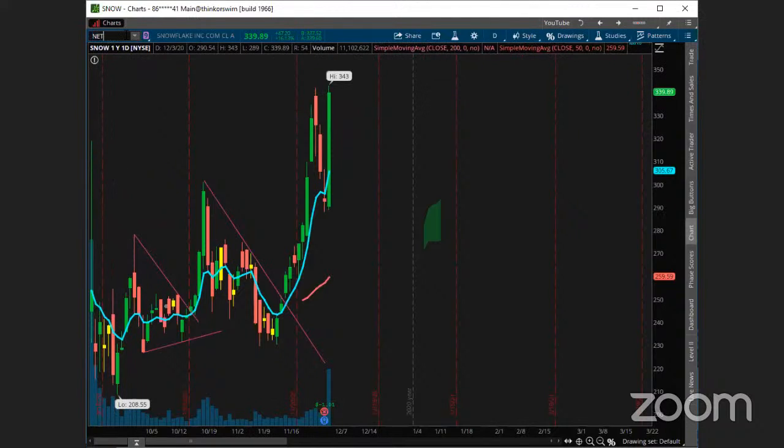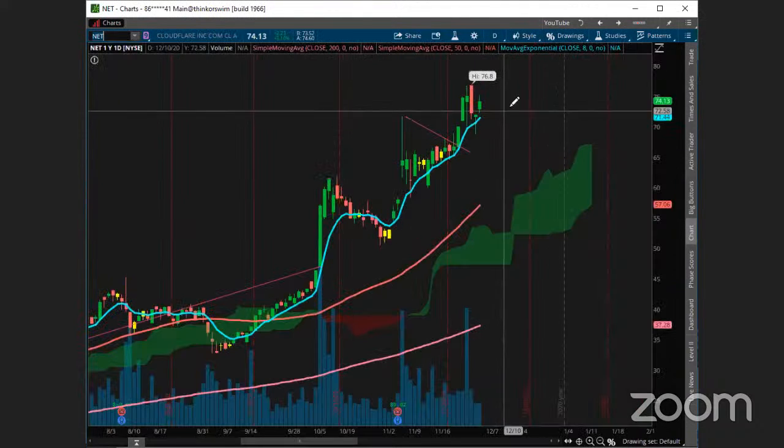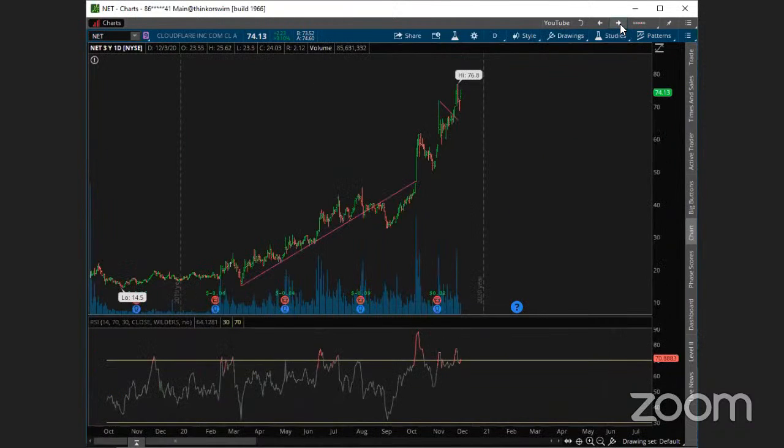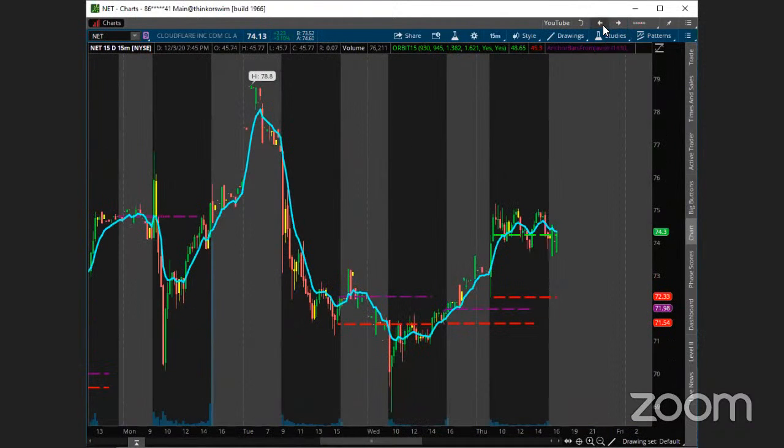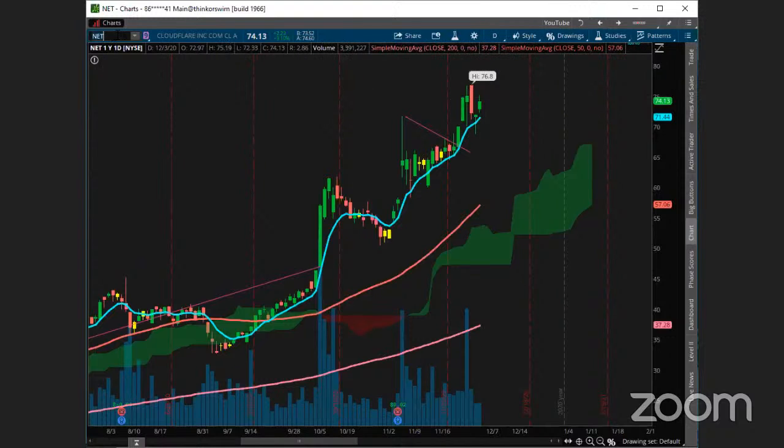So we actually got NET on the radar too. Yeah, I believe that had a pretty decent day today. A little hammer to the upside, kind of action, and they just couldn't break out intraday today. But hanging in there, it's still a green day, so that's always a good thing. And APPS.